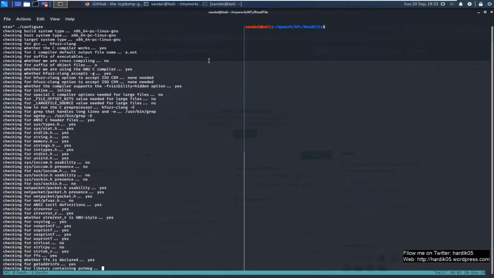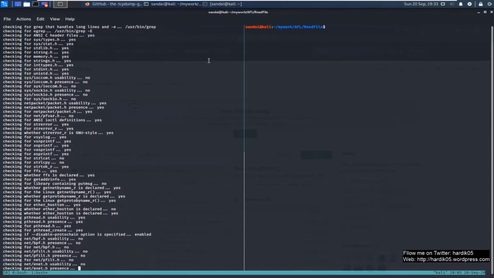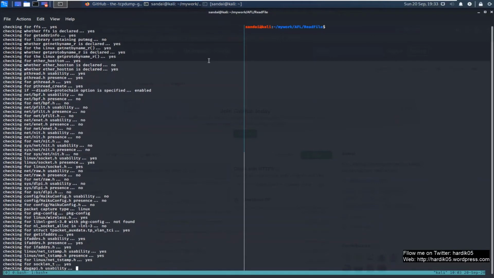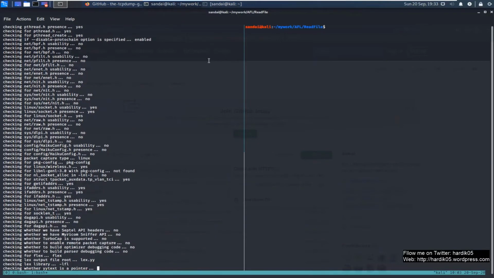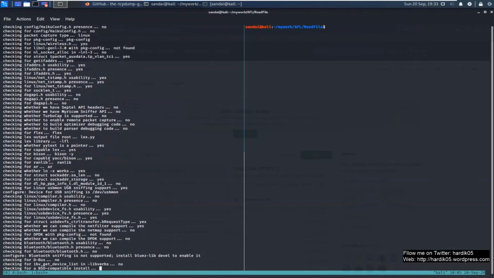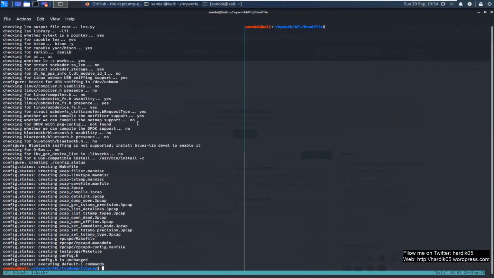We are going to compile libpcap first, and then we'll compile tcpdump. If you've seen my last video, you can notice that libpcap requires two libraries, Bison and Flex. If you don't have those libraries installed on your system, then configure will give you some error. So you need to install these two libraries, Bison and Flex. In our case, I have already installed them.